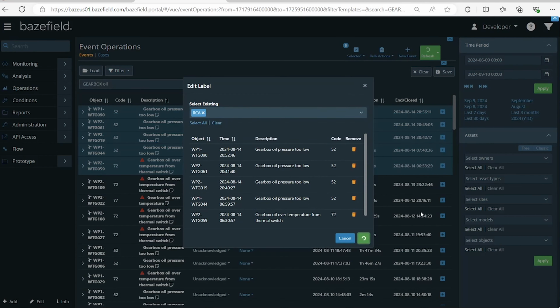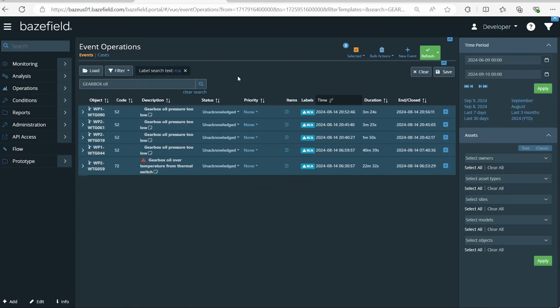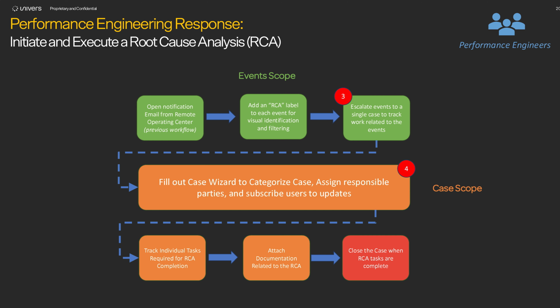This will give anybody that's using event operations just an easy hashtag to see that there's an RCA ongoing with these events. You can additionally use our label search filter to just search and filter out certain events that have a certain label. Now that we've labeled all the events which require an RCA, let's go ahead and initiate